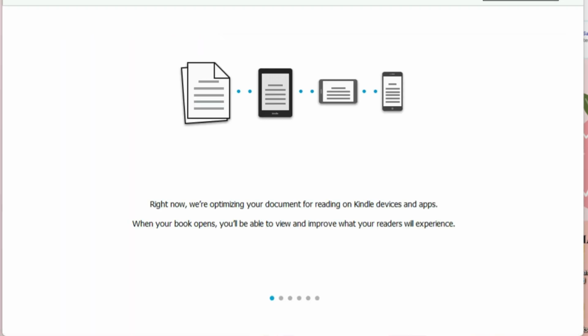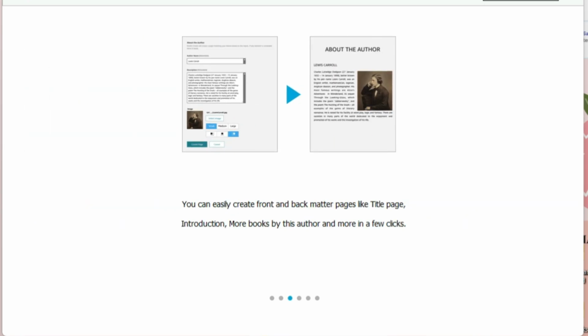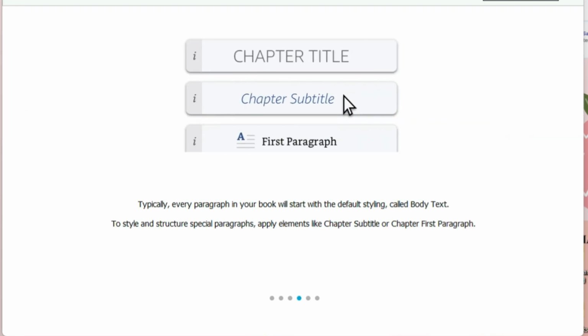So it's going to pull in everything from the Word doc. Now I could still take that exact Word doc and upload it to Amazon Kindle Direct Publishing or KDP, and it would automatically do things. But with this, you have a bit more formatting control over the ePub file.